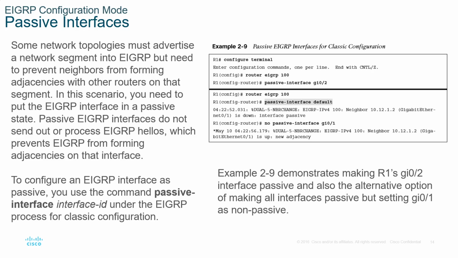And then you have to enter a no passive interface command for each interface that you want to activate again. Now, in most devices, it'll be easier for you to specify the one or two interfaces that you want passive rather than the other way around,